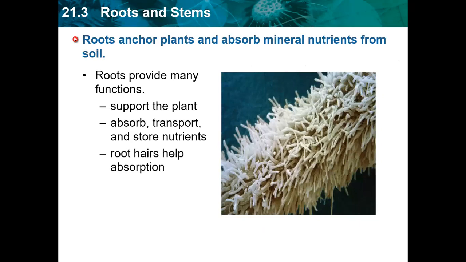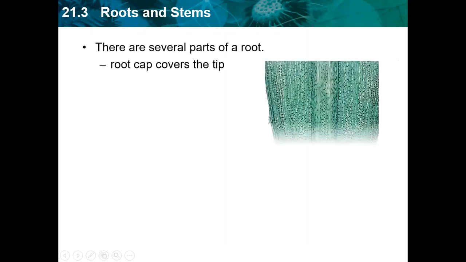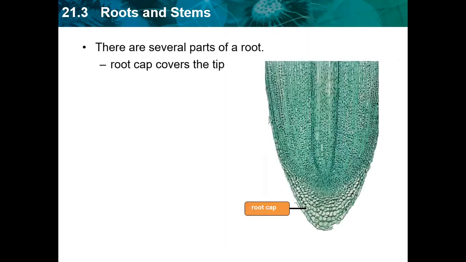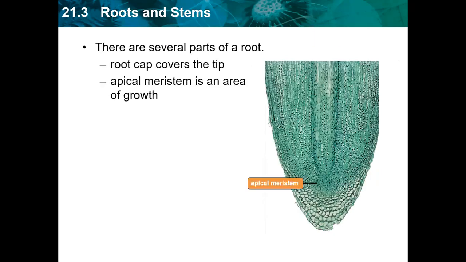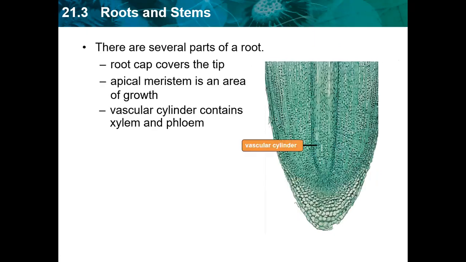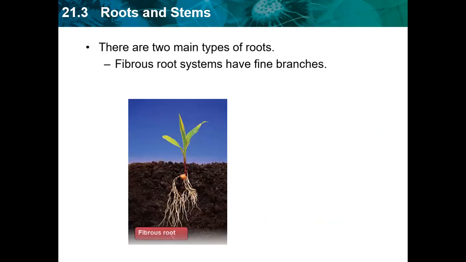This is the root here, a very small, tiny hair-like structure. That is called a root hair. It goes into the inner soil particles and absorbs water and minerals. This is the root cap region. Especially there is a meristematic region present, the apical meristem. This is a vascular cylinder. This is the fibrous root system.